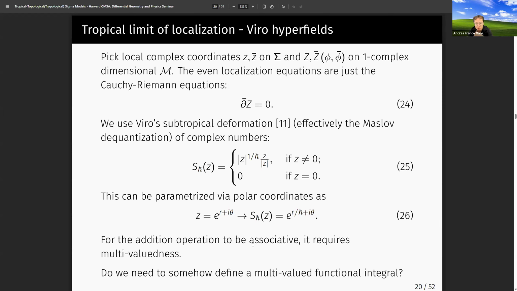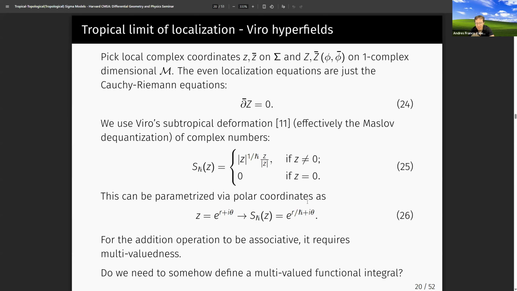And when you write it in polar coordinates, you actually get this interesting form, which is equation 26, where essentially you can plug that deformation exactly into the localization equations as it is, and then take the limit as h bar goes to 0. Now, the thing about this massive dequantization is that before you apply it to the localization equations, you actually